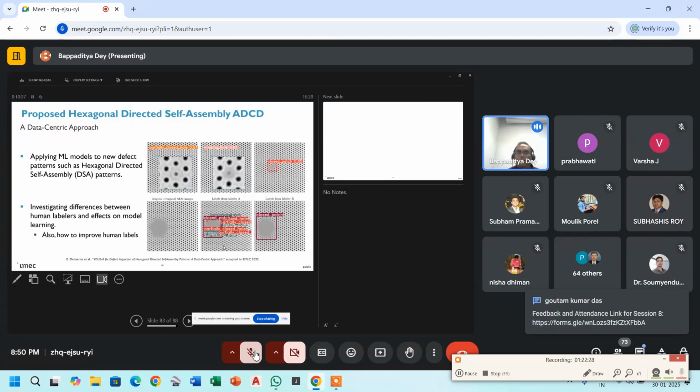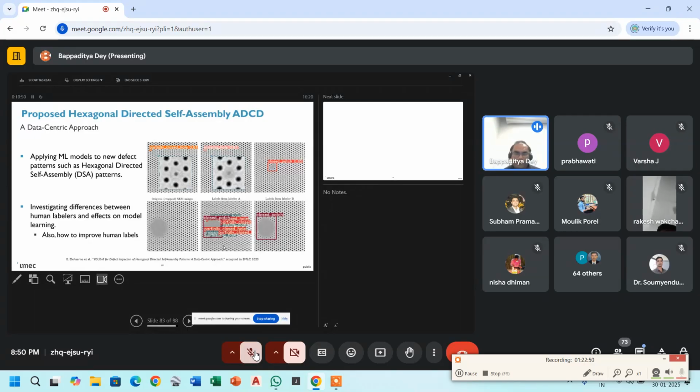Okay, but here we also have the origin of the defects, which is like a close patch. But what we did here is fascinating. We give the same data to different labelers, and those are anonymous. We did an experiment ourselves, because if you think about yourself in their place, and I give this data to all of you, definitely, if you don't have any ground truth instruction from the expert, you are going to label this defect and the extent of the defect